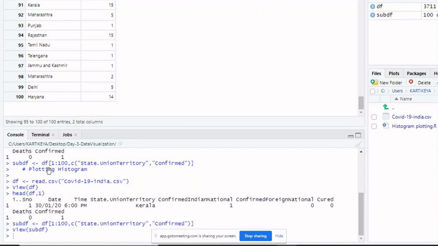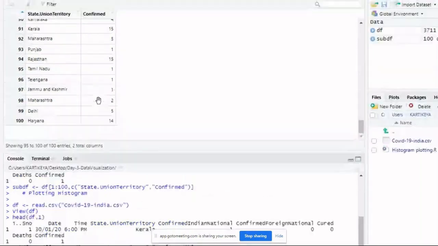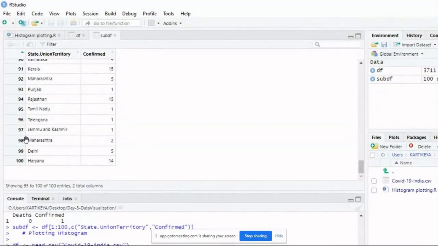So 1 to 100 means I am considering the first 100 rows, then c, and we are choosing the headers state.union territory and confirmed. So 100 rows, and we are taking only 2 columns. One is state name and the other one is confirmed cases. Like that we can create a sub data set from the main data set.